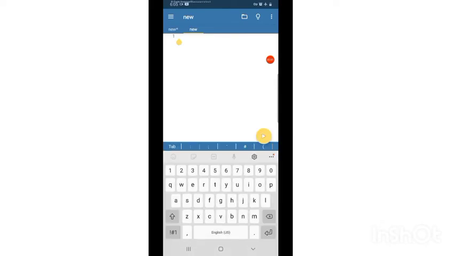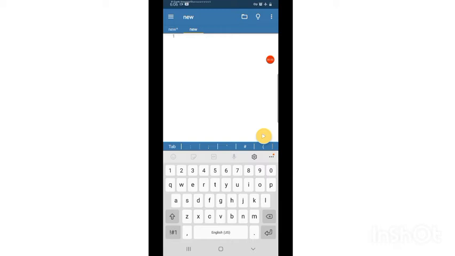Dear children, our first program was to find the menu driven program to find the compound interest and simple interest. So we have to create a menu so that when the user enters 1, the simple interest will appear, and when the user enters 2, the compound interest will appear.